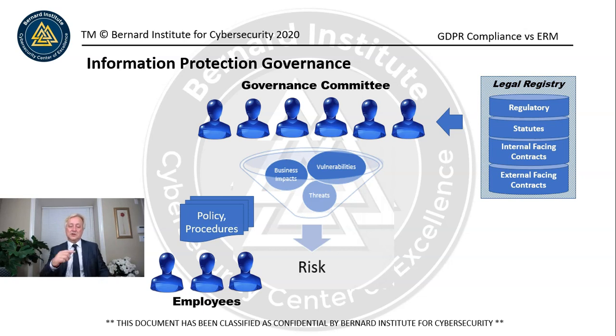You need to work with the manager who's responsible for those assets. So if there's a manager who's responsible for a particular procedure or a practice that involves personal information or any other type of information that's governed by the organization, then you need to come with an action plan that will help mitigate that risk. So the policies and procedures are part of the risk treatment, perhaps. Maybe that might be part of your recommendation. You might say, well, if we try modifying the policy that exists or creating a new policy to provide direction to employees, this might be a good opportunity to help mitigate that risk. However, if that doesn't work, we might need to have some procedures.